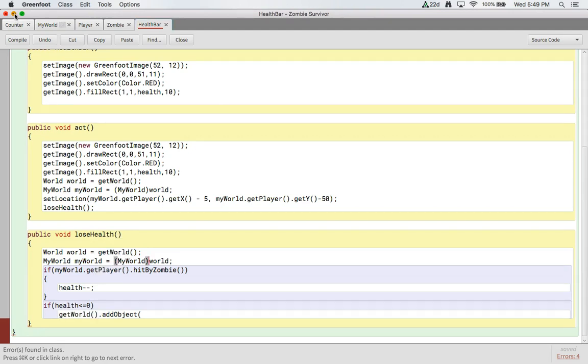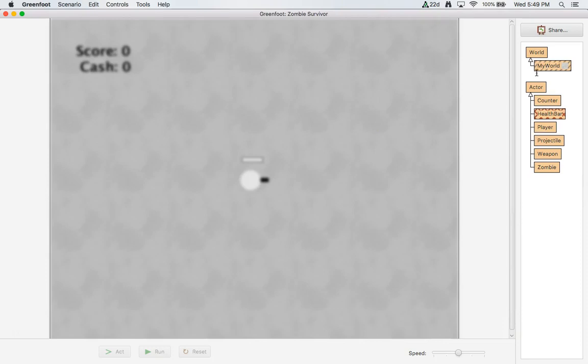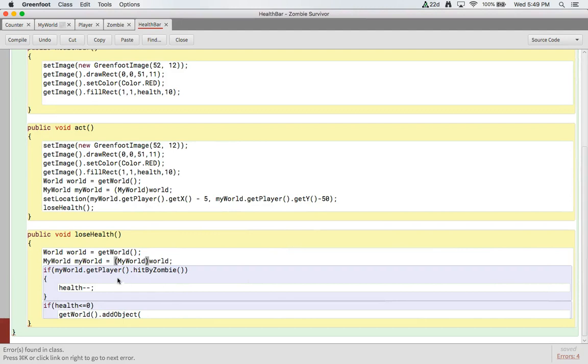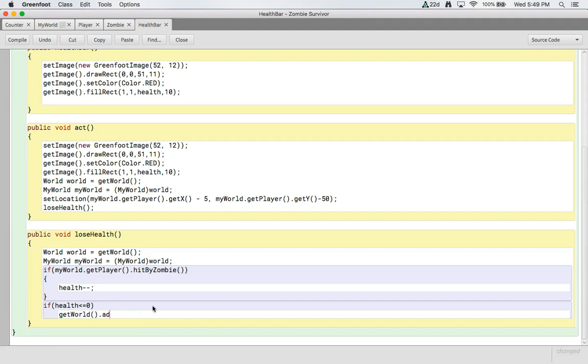We are only accessing methods that are in our my world. Okay, so not our get world, but our my world. And so that's why we had to do this, to be able to access our my world, not just our get world method. Okay, so get world.add object,